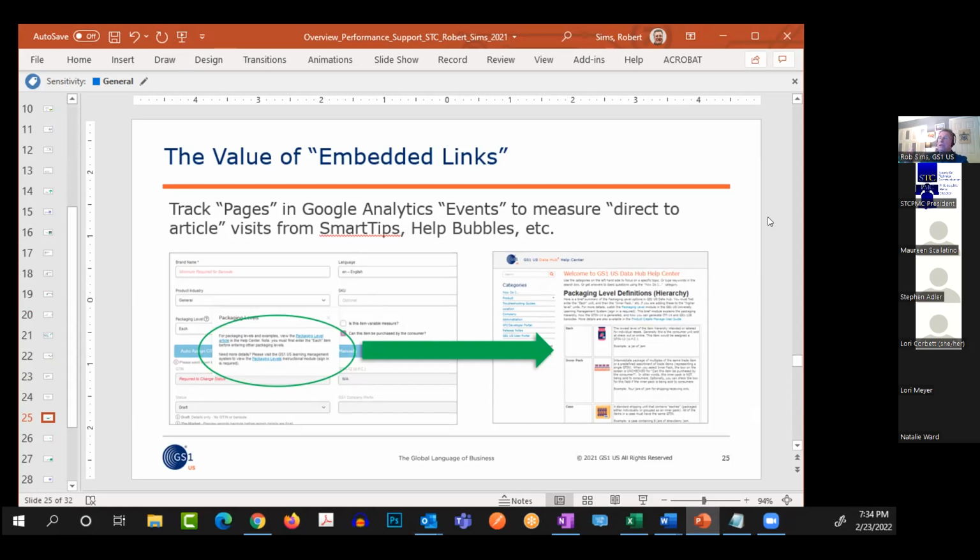In the first 3 lines, this is where we're defining a very specific terminology for the business in terms of what you actually want to build. Is your product a specific item, each item, or is it a case, or is it a pallet, or is it some sort of other packaging type that we have? And they don't know these packaging types. So they get a pull-down of these 7 or 8 packaging types, and they don't know. And so what we do is we drive them over to a Help Center article.